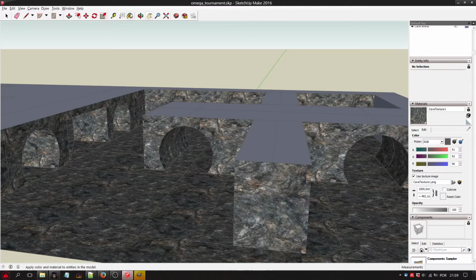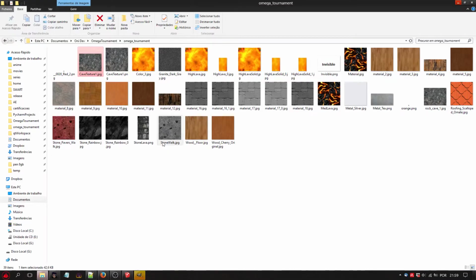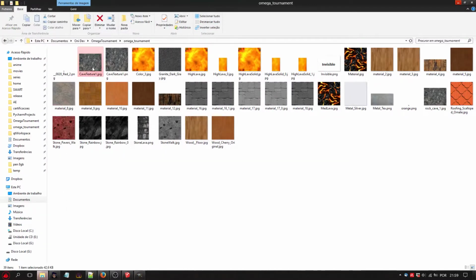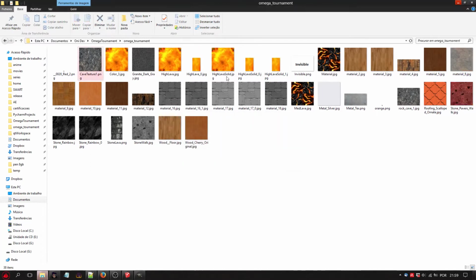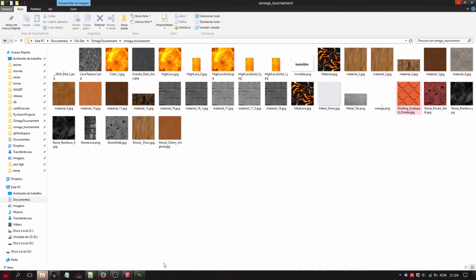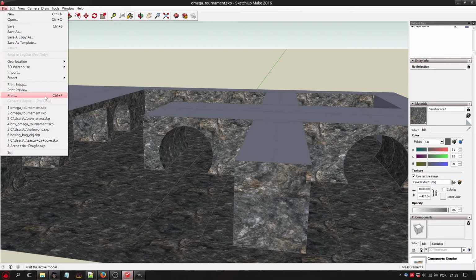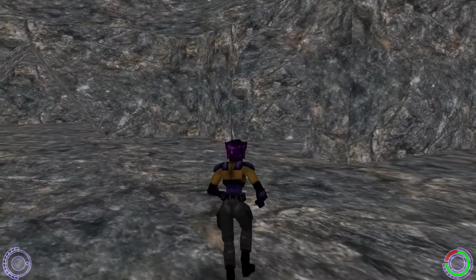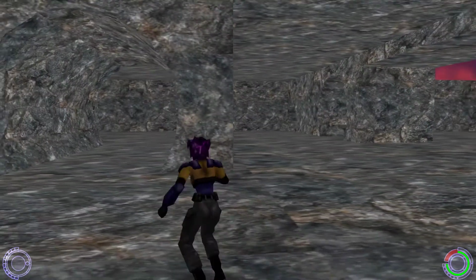Okay, and now you delete this JPEG version because it is just confusing us. So let's delete that. Let's delete this one too, and let's see if it now works in game. Okay, so now it works correctly.